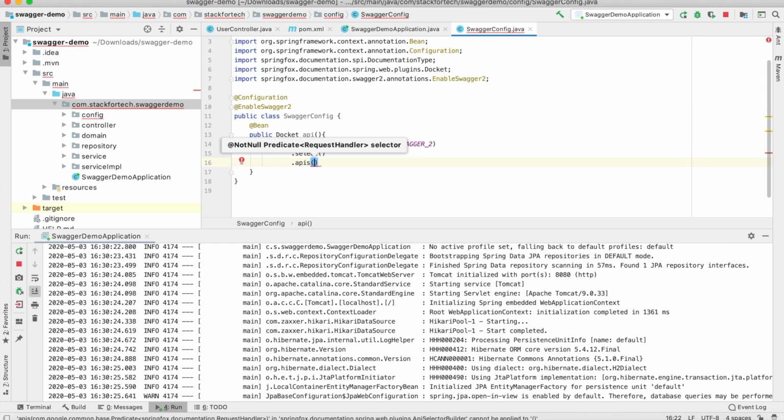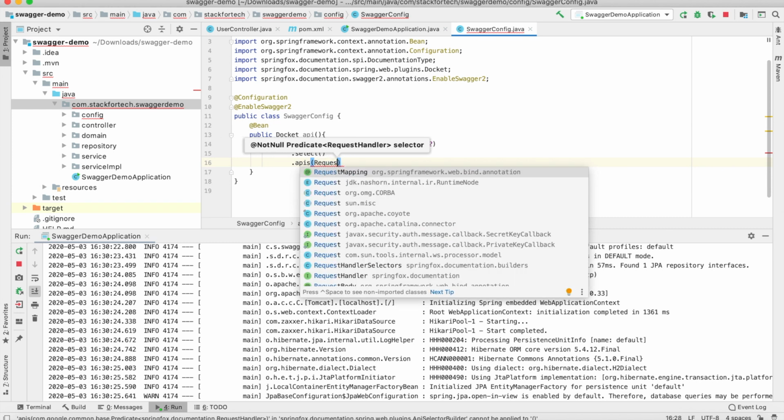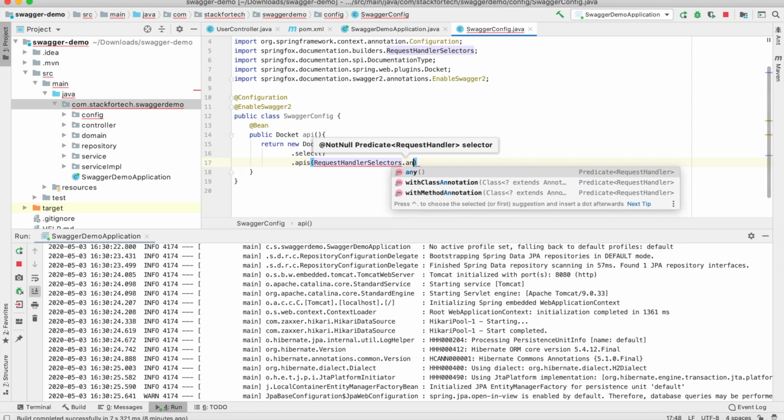Inside apis we need to tell it where to look for the controllers or the route files. Right now I'll look anywhere inside the application, so I'll use RequestHandlerSelectors.any().